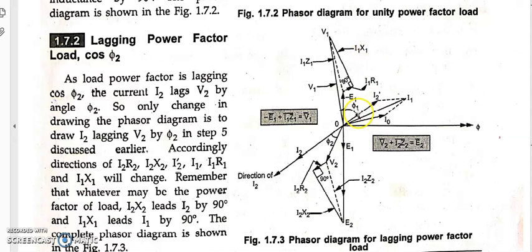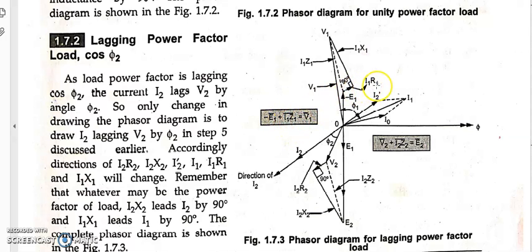Again we know that I1 X1 as well as I1 have a phase difference of 90 degrees. You can take a scale and you can see that this line, that is the voltage drop across reactance X1, as well as this I1, have a phase difference of 90 degrees. So if this is 90 degrees, obviously with I1 R1 also it will be 90 degrees. Yes, geometry. So once you draw this I1 X1, then we need to consolidate for this I1 Z1.